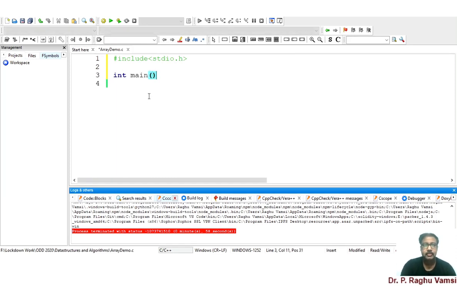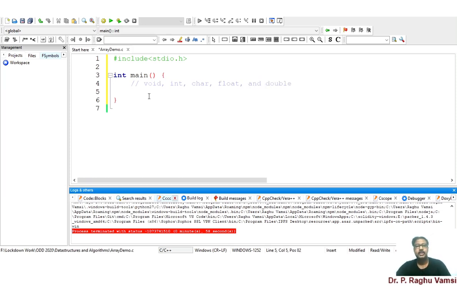Then this is the basic C program that you look like. So in this you can declare any variables with some data types. The predefined data types that are available in C program are void, int, char, float, and double. So these are the various data types that are available in C programming.